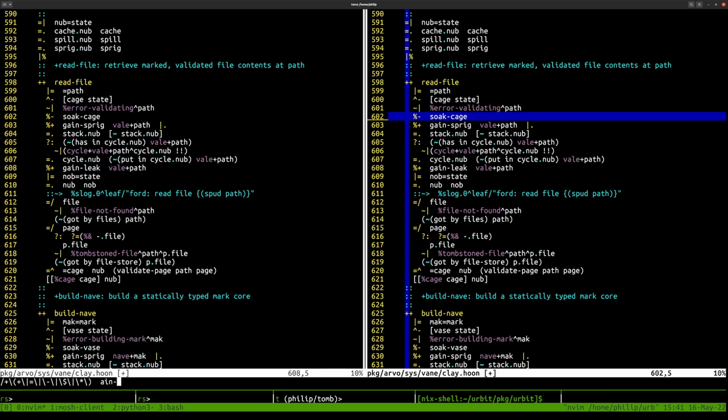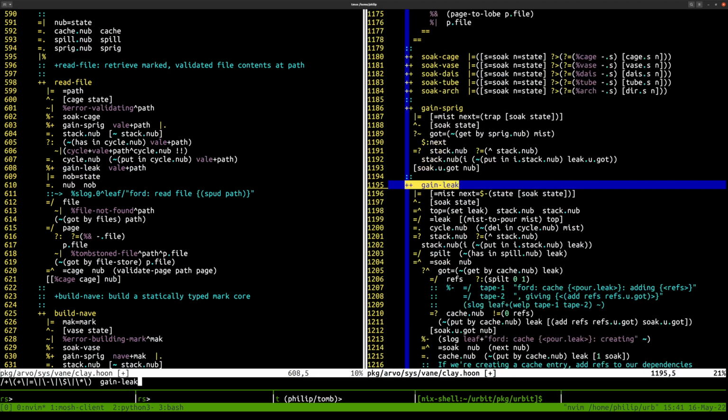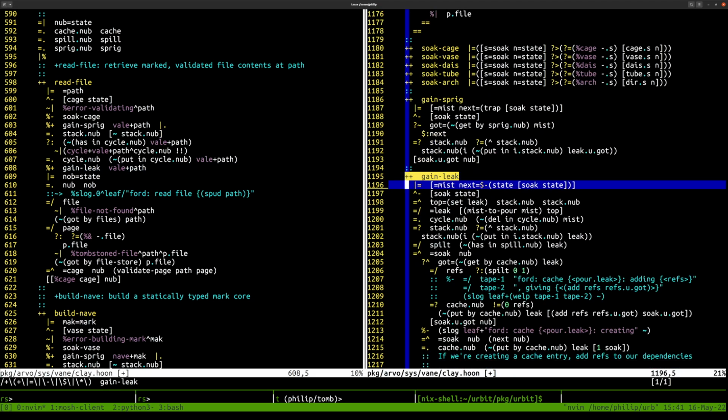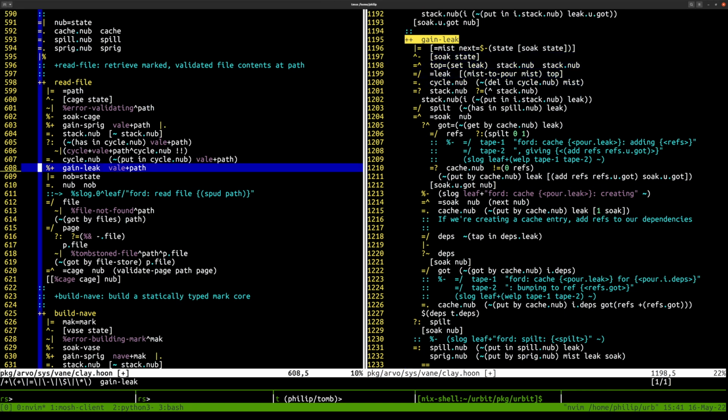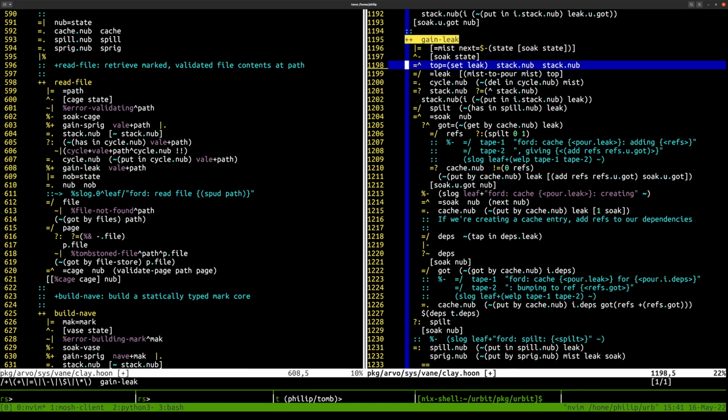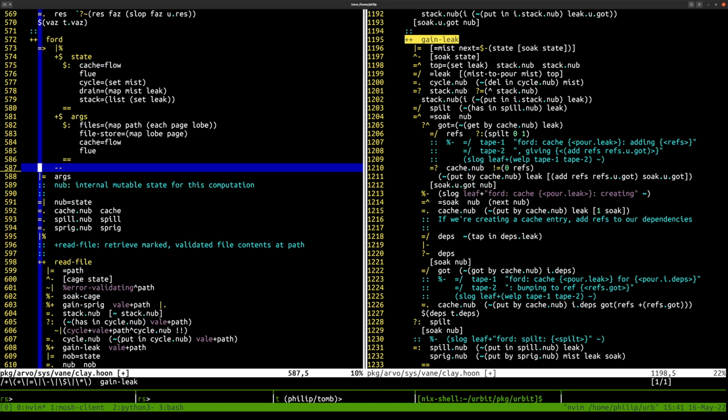So gain leak is most of the guts of this and is longer than I remembered. Let me think, what's the right way to think about this? Okay, so